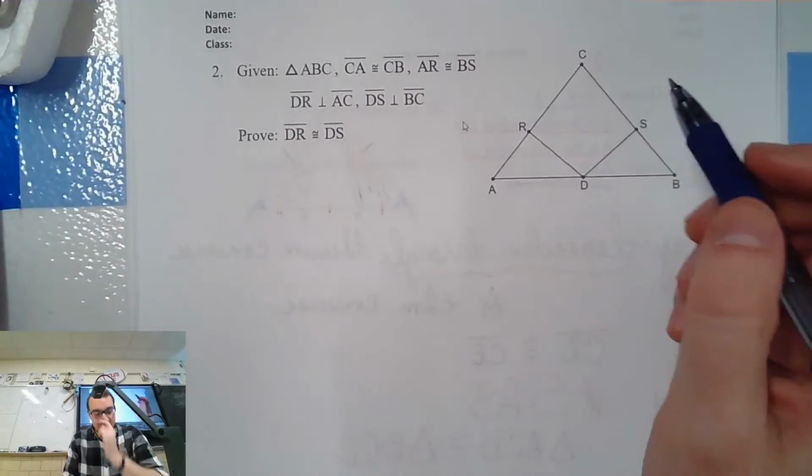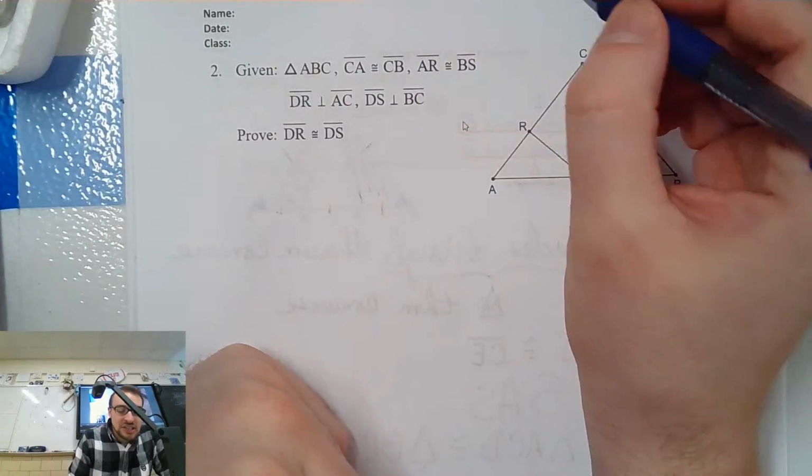All right, so we're given the triangle ABC, and they told us that CA is congruent to